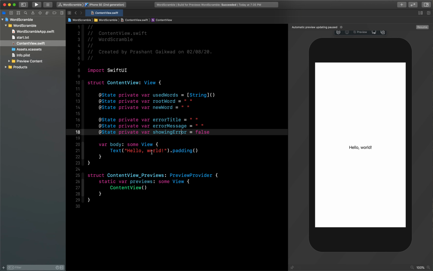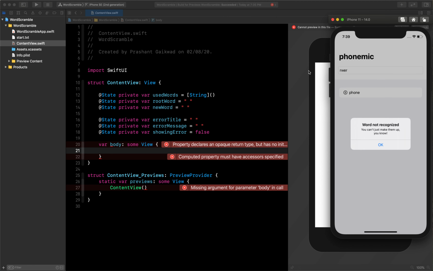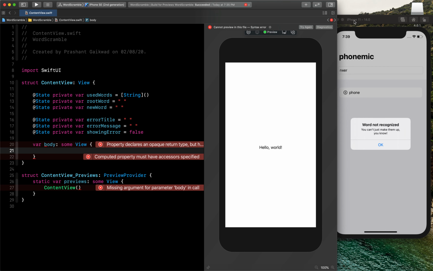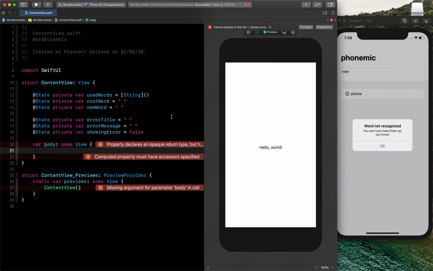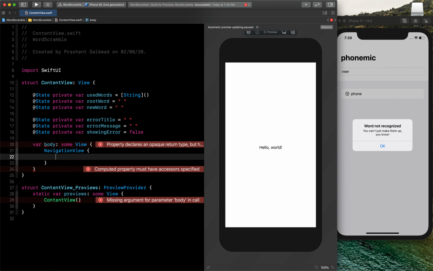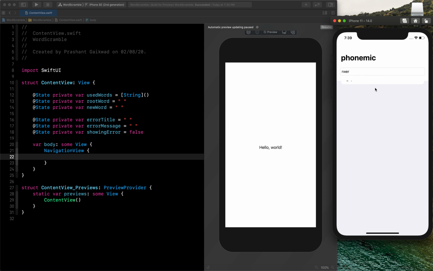Now we can start creating our view here. So first I need this view at the side so that we can see that we are creating the same. So let me just close this left panel and see the actual view here. Okay, so now we can start. So the first thing is I want to give this title, so for that I need to create a navigation view. Then inside navigation view I need to create a VStack so that I can put this text field and this table view or a list at the bottom vertically. So let's create a VStack for that.